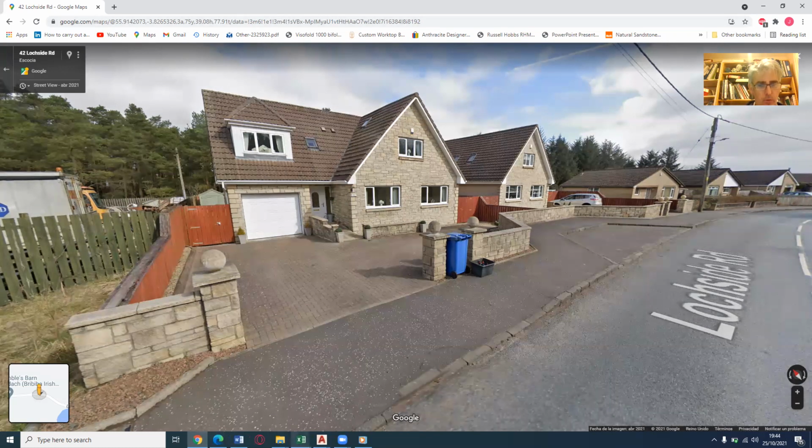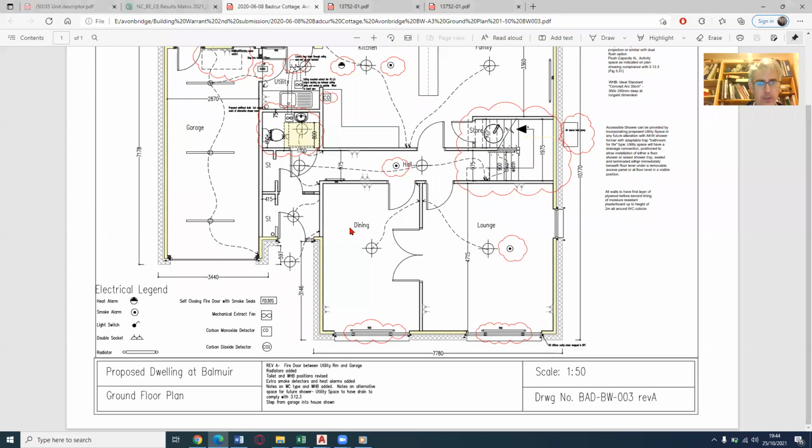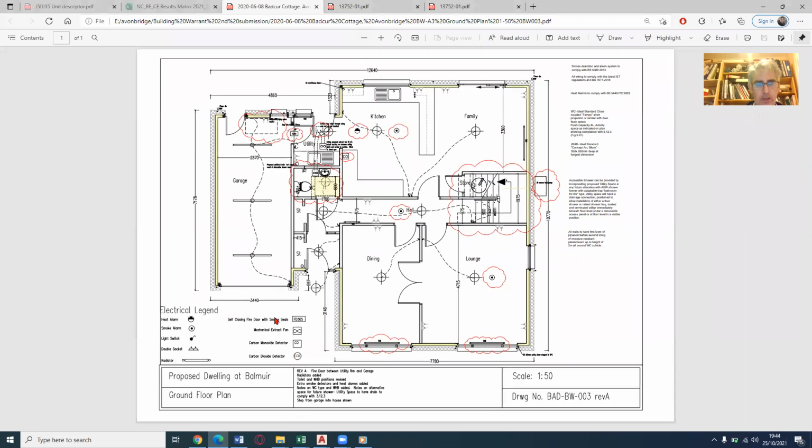I'm going to go to the actual drawing, and if we take a look at this here, this has been converted onto a PDF, the CAD drawing, but it gives you an idea of what the ground floor would look like for this particular house that I've shown you. There's the garage. So we were kind of standing over here at the roadside looking that way. There's the door, there's the two front windows,